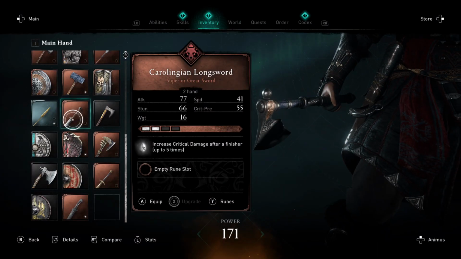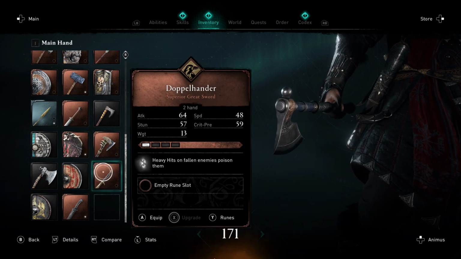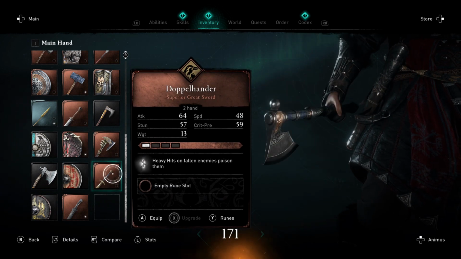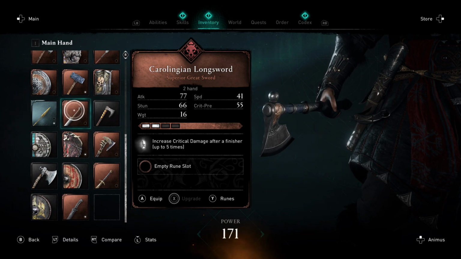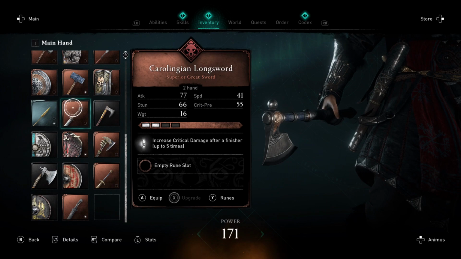The sword itself is a two-handed sword. It isn't that great. It gives you more critical damage after doing a finisher, and I don't necessarily think you're going to need much critical damage if you're already doing finishers on most of your enemies, but there you go. It does kind of match the rest of that armor set, and this is what we're going to be using